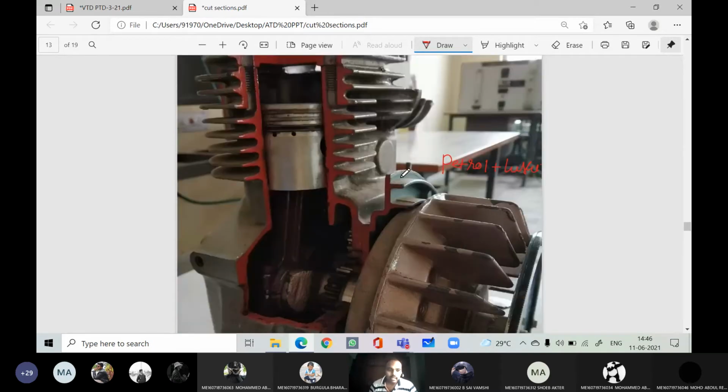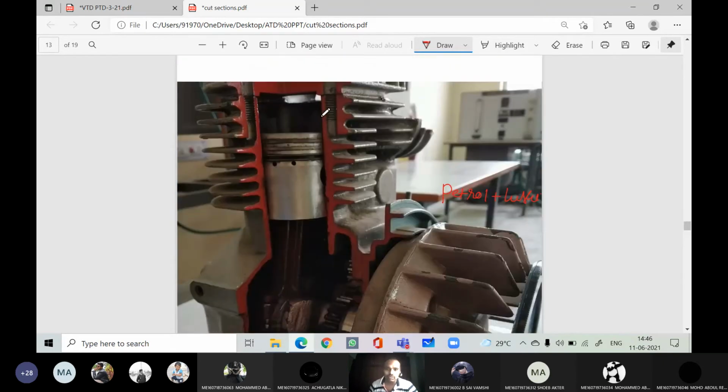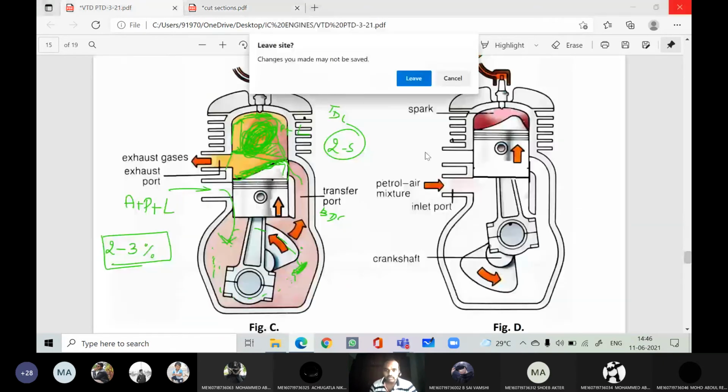In a petrol engine, for some of the engines, there will be separate lubricating oil. We won't mix it with the petrol. Maybe for the Suzuki Samurai, we won't mix lubricating oil with the petrol. There will be a separate lubricating oil portion there, where we pour it. That lubricant name is 2T oil. For a two-stroke engine, we will use 2T oil only.